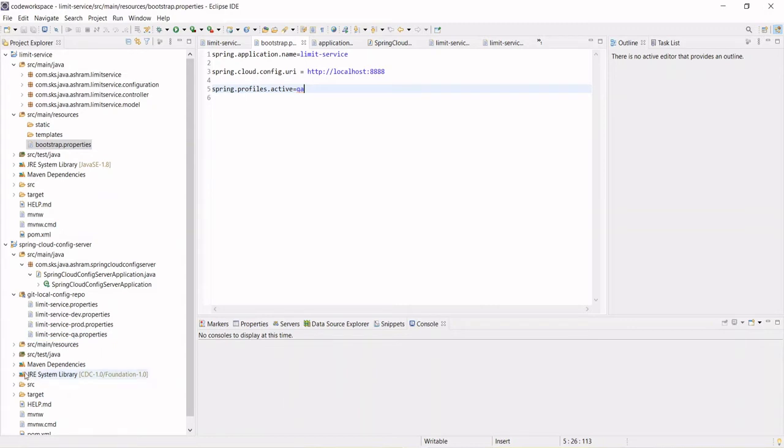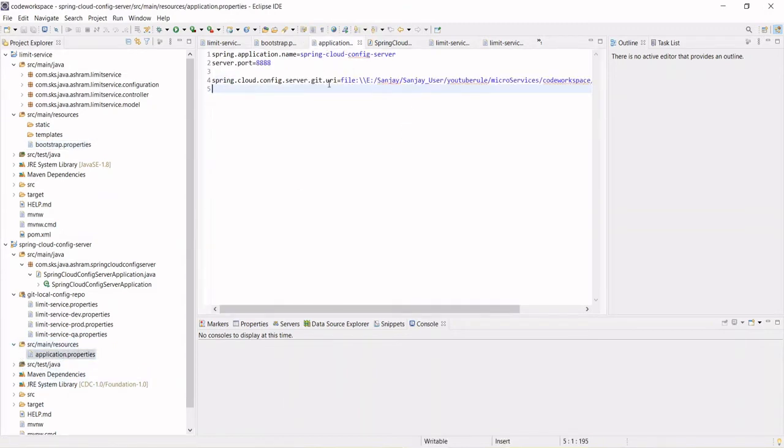In application.properties, we are just giving the URI of the location where your Git repository exists. This was the Git repository where it is placed. We also saw that the config server runs on a separate port, because each microservice runs on a separate port.